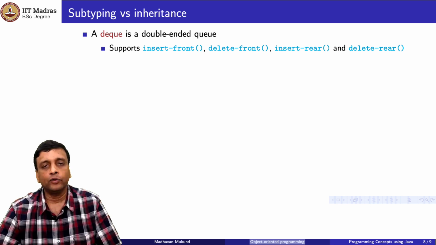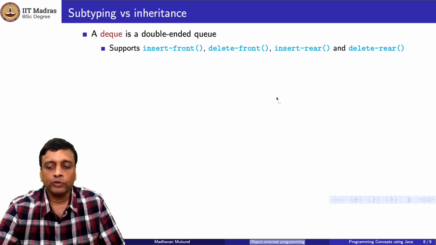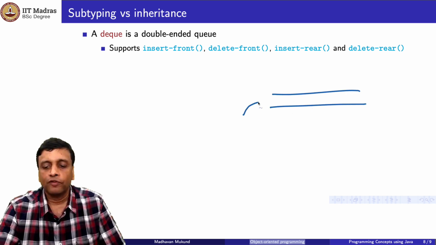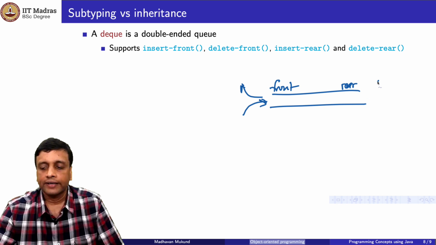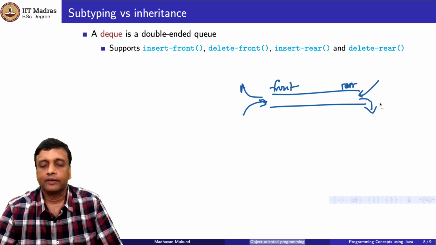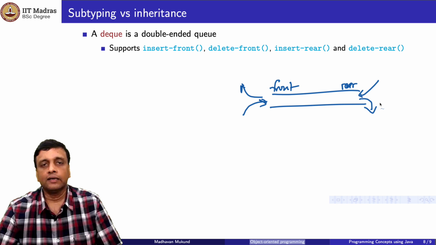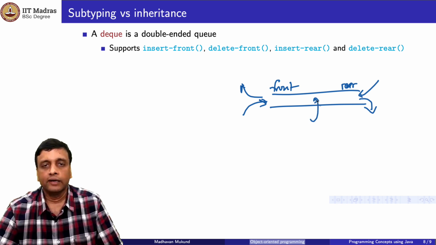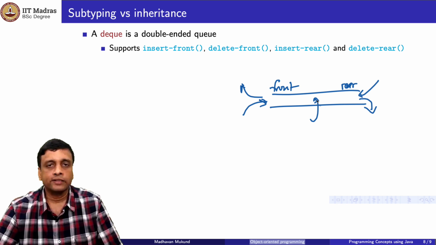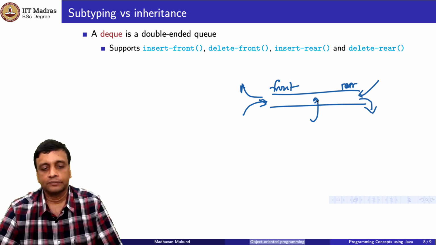A double-ended queue, or a deck, is a queue in which you can add and remove from either end. Let us say that this is the front and this is the rear. So I can insert in the front, or I can delete the element in the front. I can insert in the rear and I can delete from the rear. So it still has some limited functionality. It's not a list. I cannot arbitrarily put something in the middle of a deck, but I can do it at either end. So it has 4 different operations, 2 inserts and 2 deletes.